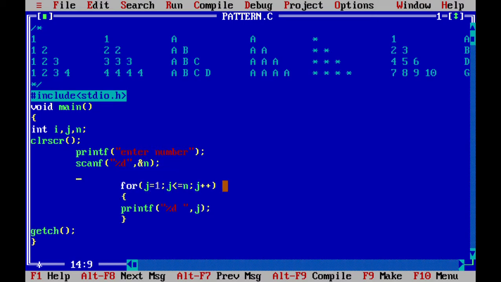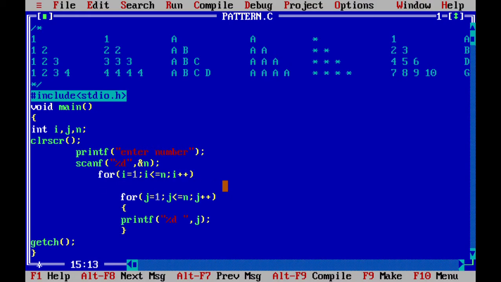So put this code inside another for loop. I will say for i is equal to 1, i less than or equal to n, and i plus plus. So what it means is print the numbers 1 to n, n times.